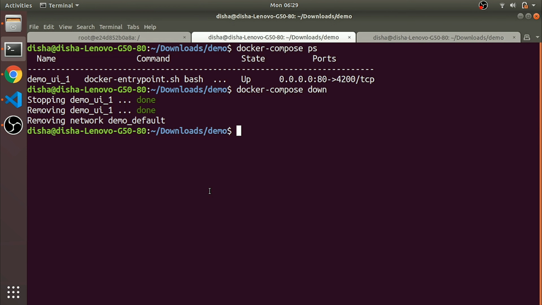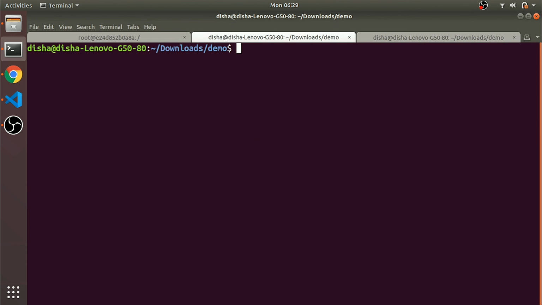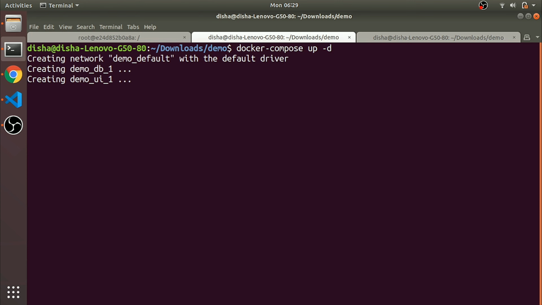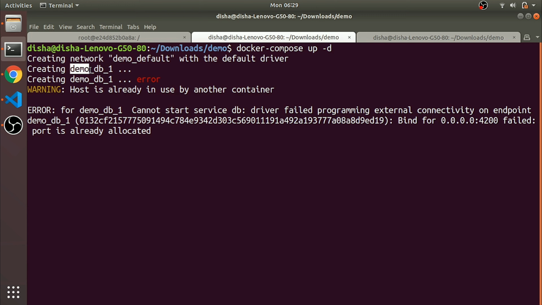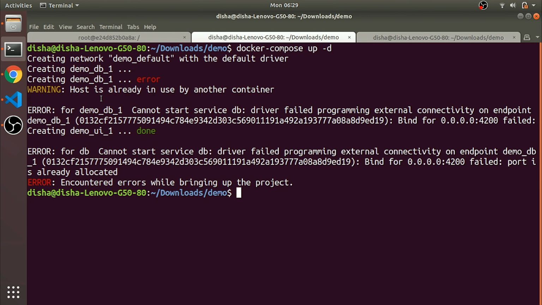Yeah, let's do a reset, press enter. Okay, cleared. So we'll run docker compose up -d. See, I told you it will be like this, demo_db_1 here. So what is it showing? The port is already in use by another process, that means a 4200 binding error.